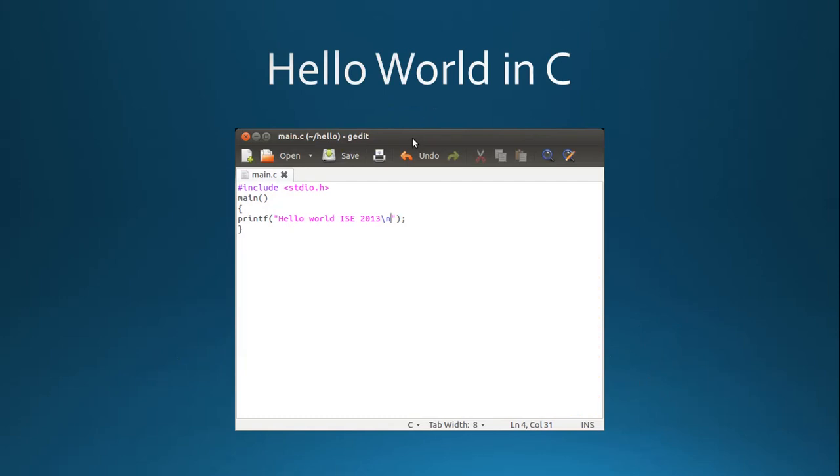As you see, if we need to create this Hello World or need to print a Hello World in C, we need to write 1, 2, 3, 4, 5 lines. One for include a standard input output header file, then main function, curly braces, curly bracket close, and then printf hello world.